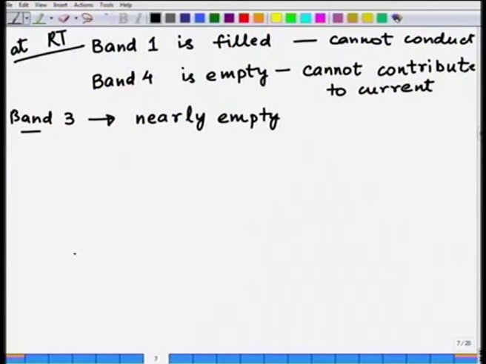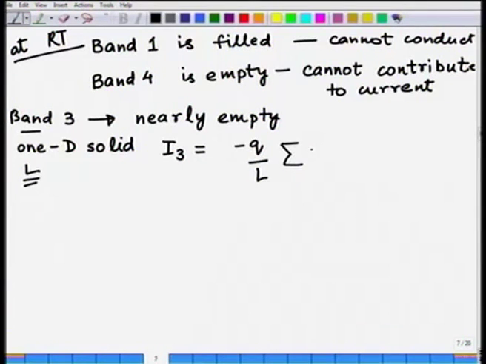If I write the current in band number 3, let's think of a one dimensional example, a 1D solid whose length is L. I'll write the current contribution from band number 3 as equal to minus Q, Q being the charge. So Q by L is the charge density, multiplied by the summation of all the velocities v_i